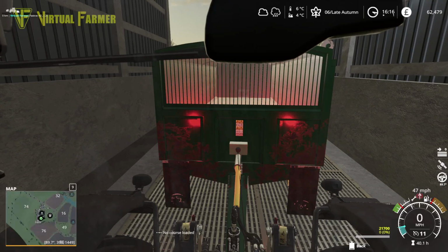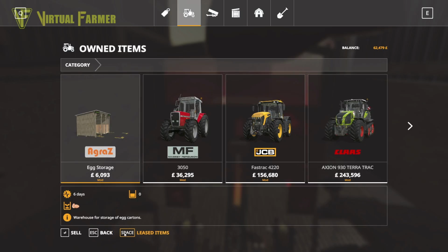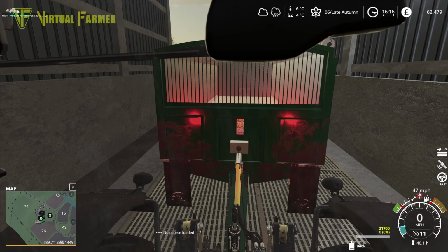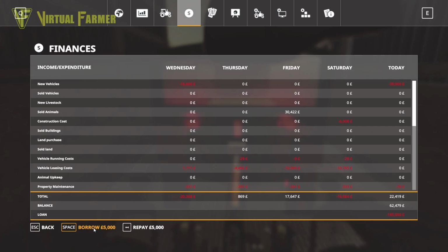I just want to check how many leased vehicles we still have, because I don't think we've got that many. Yeah, we've got those two. So not a massive cost in leasing between those two, especially as they have just both been sat there today. So let's repay a load of our loan. We're going to repay pretty much as we can, because we know if we have trouble at the moment, we can always borrow a little bit of money. We're down to